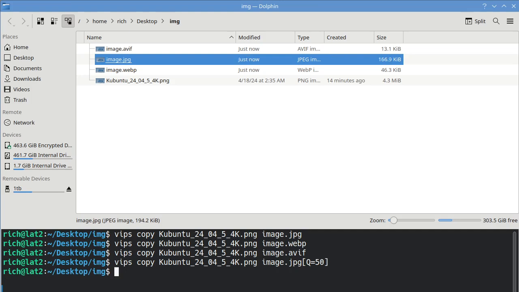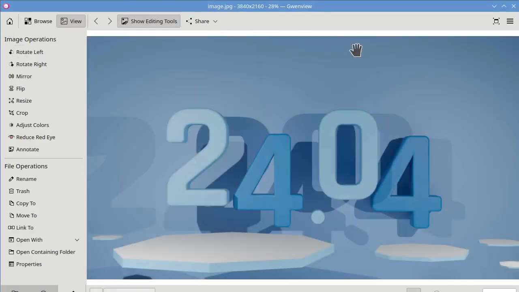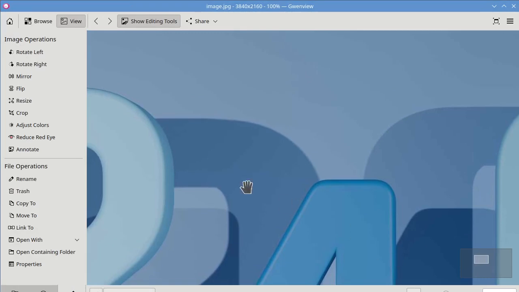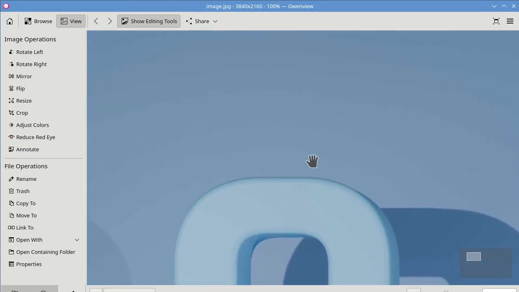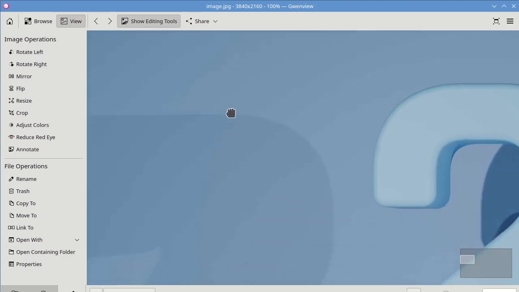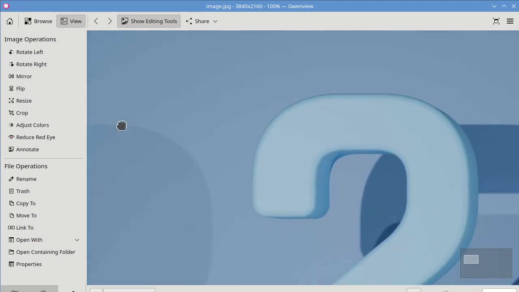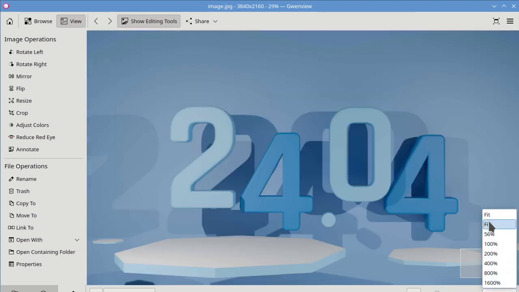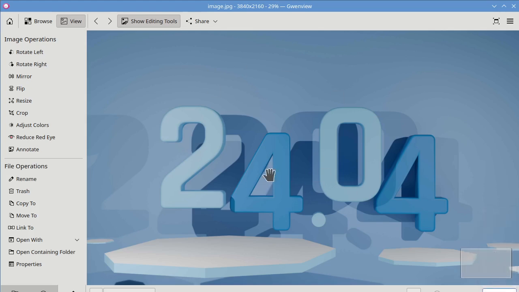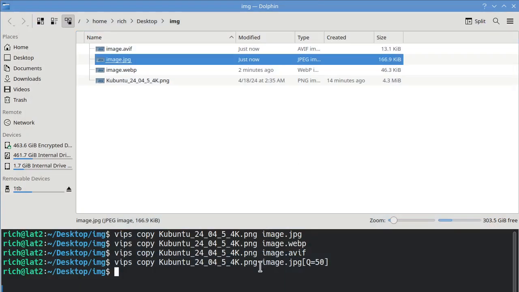Still pretty good. Still same resolution, 3840 by 2160. And yeah, we're seeing some smudgy fudgy, but we decreased the overall quality, and it still looks alright.